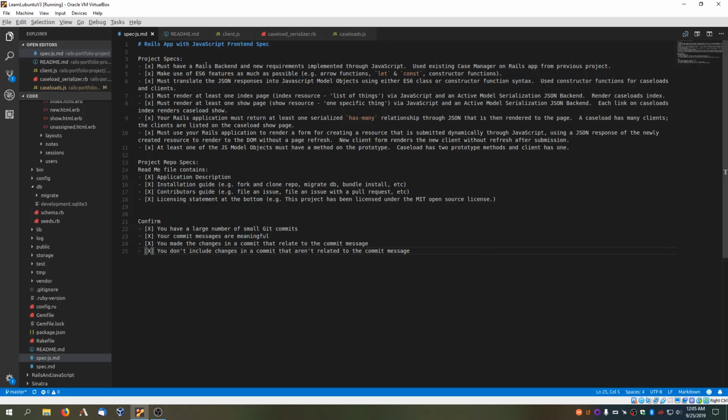So it has the Rails backend, and these new requirements that are listed are implemented through JavaScript. Mostly it involves translating JSON responses that include the data from the models I am using into objects that I can then use to append information to the page without a refresh, including an index page, a show page,